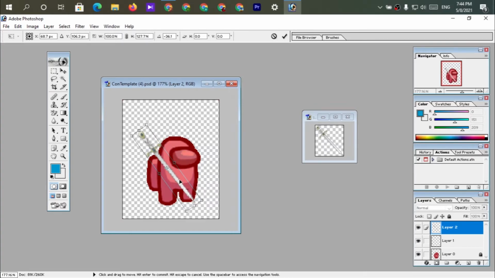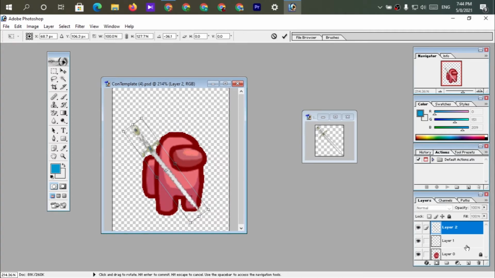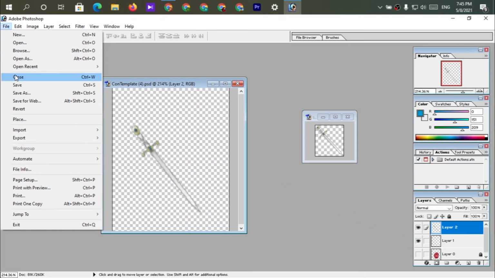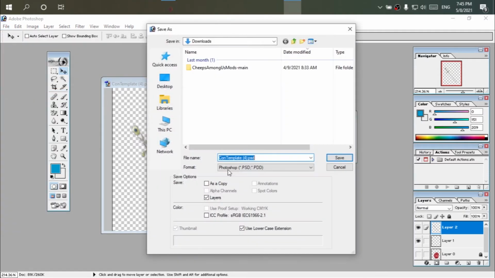Okay, this looks good. Now let me hide this layer and save this image as sword. So now let's save this as PNG with sword name.